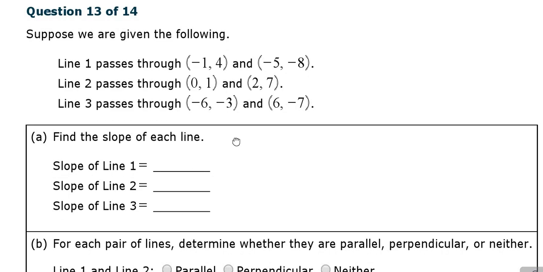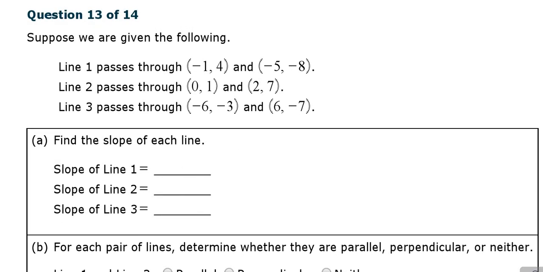Taking a look here, suppose we have the following